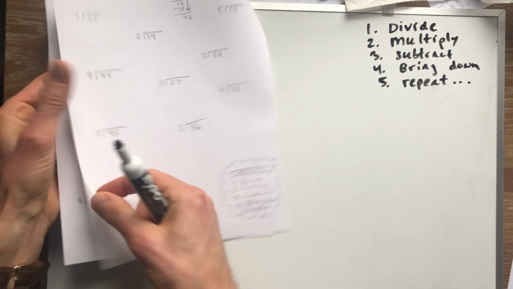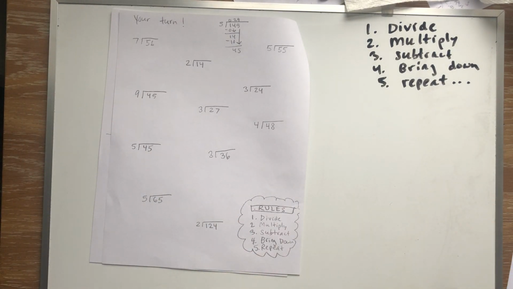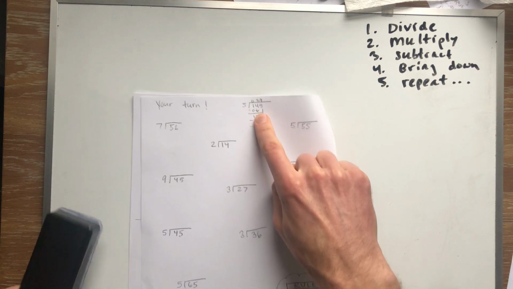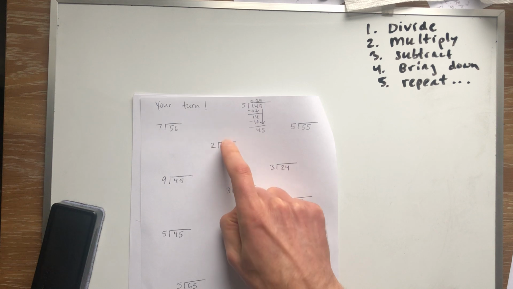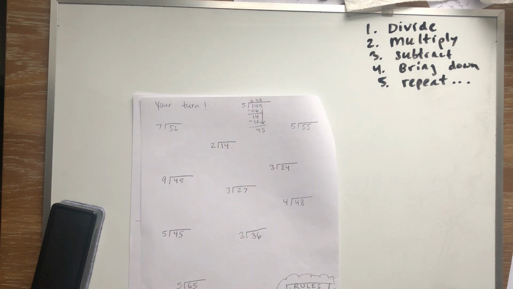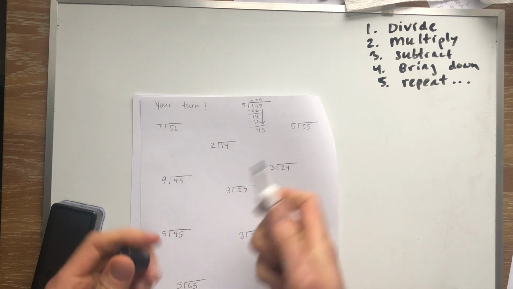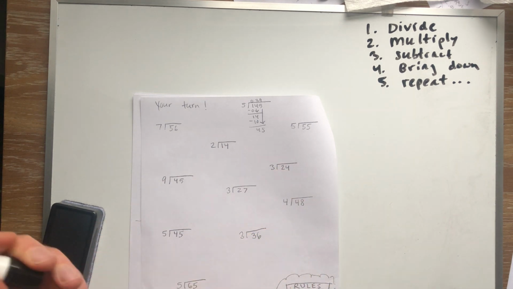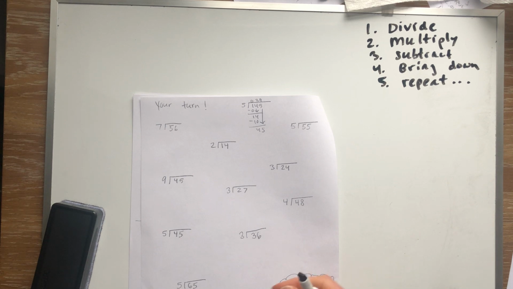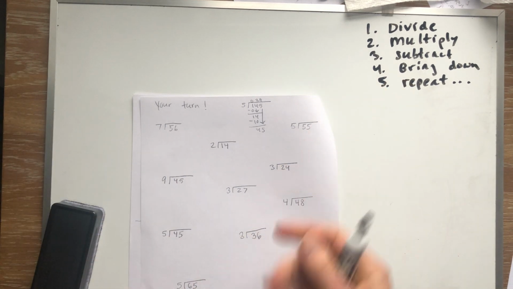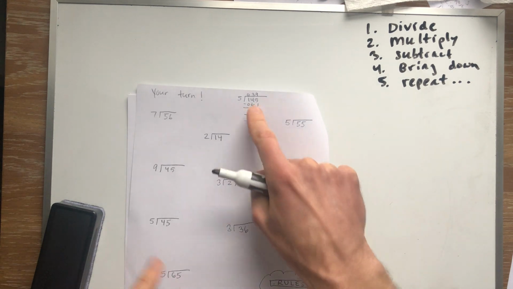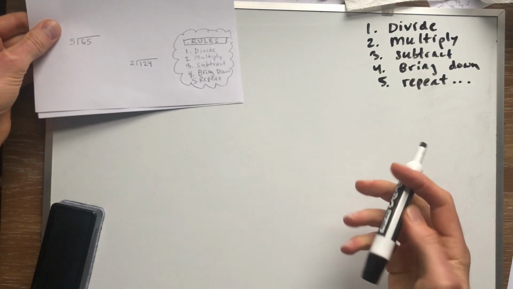So we're starting with some simpler problems on this side, but I still would like you to try to solve them in that way. So they look like this up top. So you might know 2 times what equals 14. You might know, oh yeah, 2 times 7 is 14, Daniel. I know that. That's easy. But I would still like you to make it look like this. So I'll solve a couple problems on here today so you can see how it looks. And the homework, the work today at home is going to be finish this page, but make them look like this. So let's just look at, let's say,